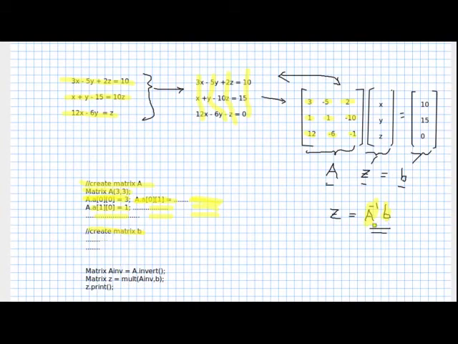Okay? Then you have to get the inverse of matrix A. Okay, so you'll use this command, a.invert. And then to get matrix Z, you just multiply whatever you got as the inverse of A times B. So you have to use the multiplication function. It takes 2 inputs, A inverse and B, and that will give you Z. Finally, to get your answer, you should print it out. Okay, now go on to Blackboard and try the